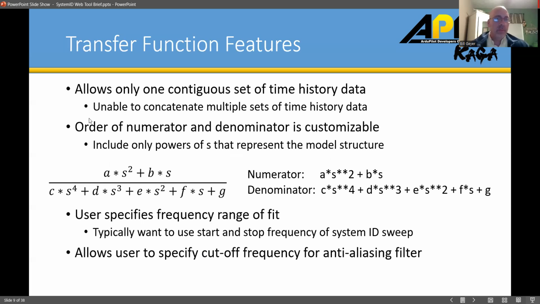So other features of the transfer function, it allows only one contiguous set of time history data. So unfortunately, you can't concatenate multiple sets of time history data. You'll just have to use the one system ID mode run. And another feature is that